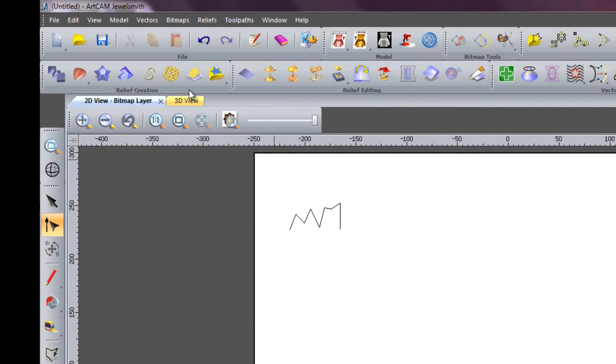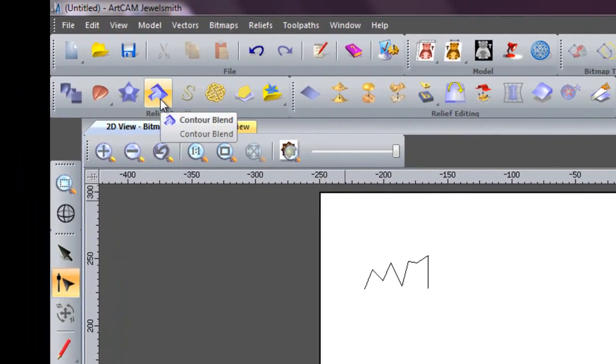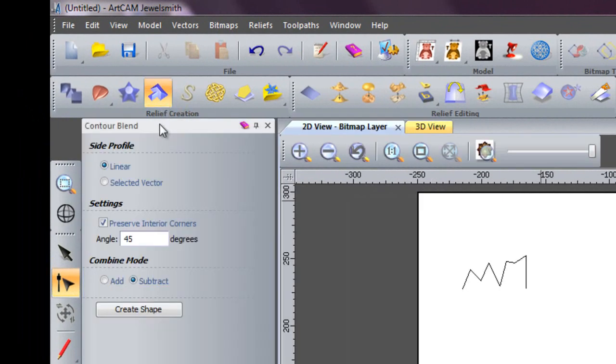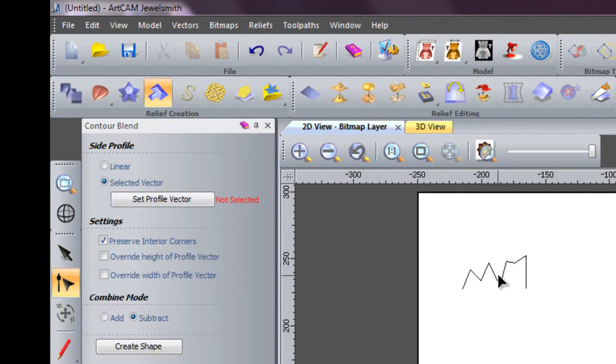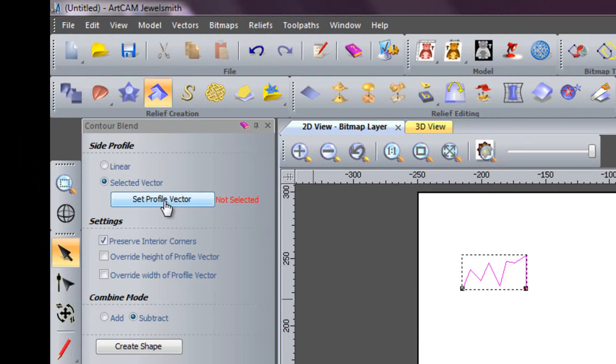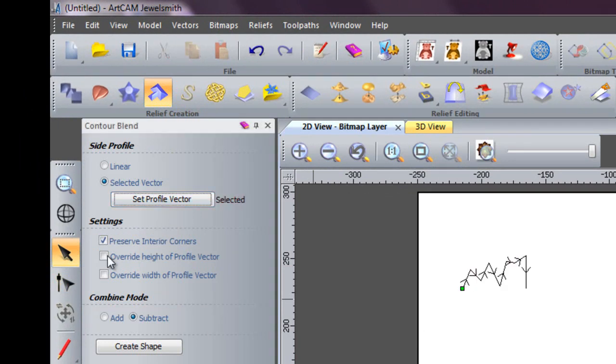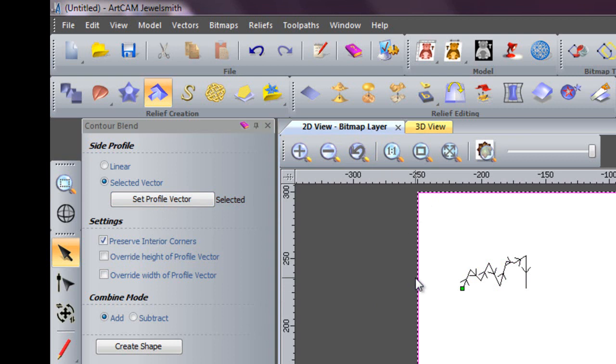That's what I'm going to use as a profile now when I use my contour blend tool. This is a new tool within Artcam 2011. So I'll select contour blend, I'll select selected vector and select this as the profile and set profile vector. Change the mode to add as I want it to be proud, and select the outside rectangle as my path. What this is going to do is create an edge around this sign which will make it stand out. So if I create shape